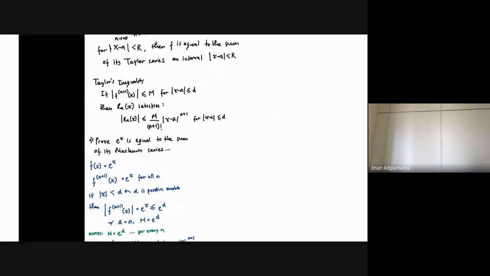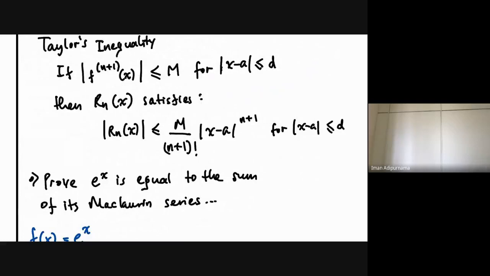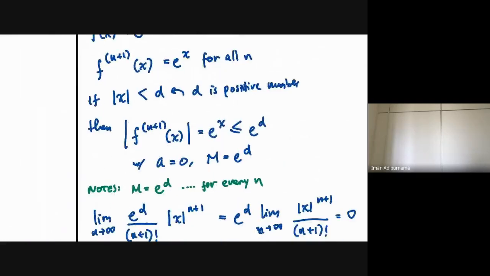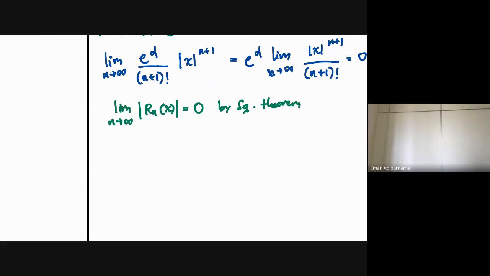If you look at Taylor's inequality, what we have done is we are looking for any M that we can utilize and put here. So we need to prove that if this limit is 0, we can prove the Rn is also 0